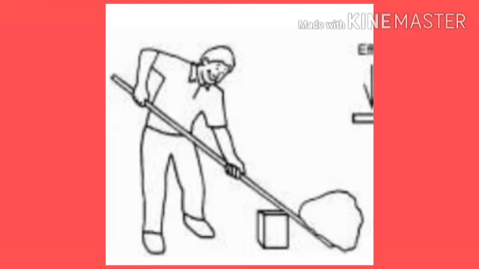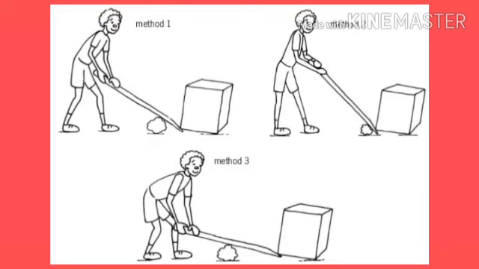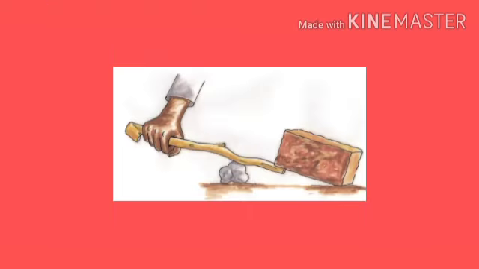So students, have you seen a piece of rod or a piece of wooden stick? Sometimes we use this rod or wooden stick to remove a piece of boulder or something. You know what, that piece of stick, that rod is the simplest form of machine, and in the language of physics it is called lever.